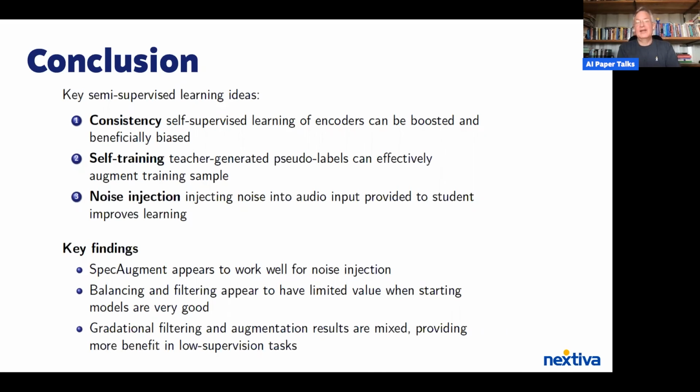Self-training works, but you want to be careful because you do run the risk of confirmation bias. You do run the risk of ending up with results that don't generalize. Noise injection is an important part of the overall picture. It helps to reduce the tendency toward bias, and it also creates more robustness in the models that you're actually